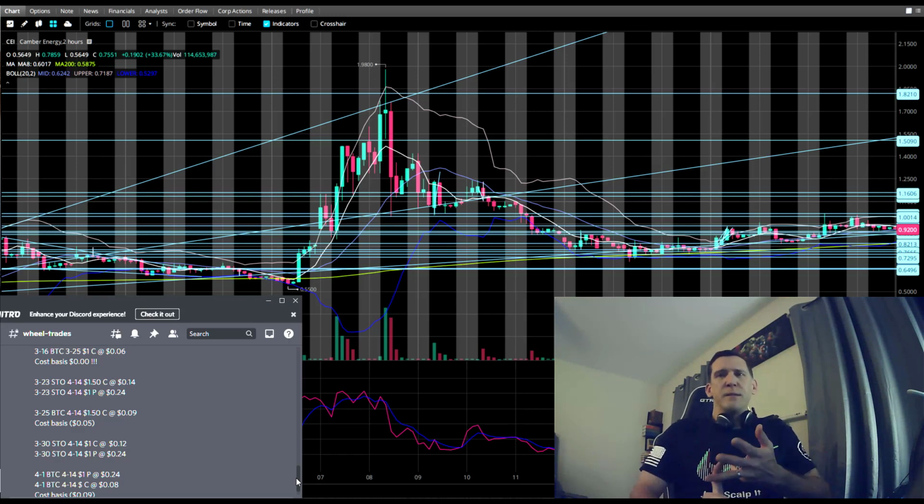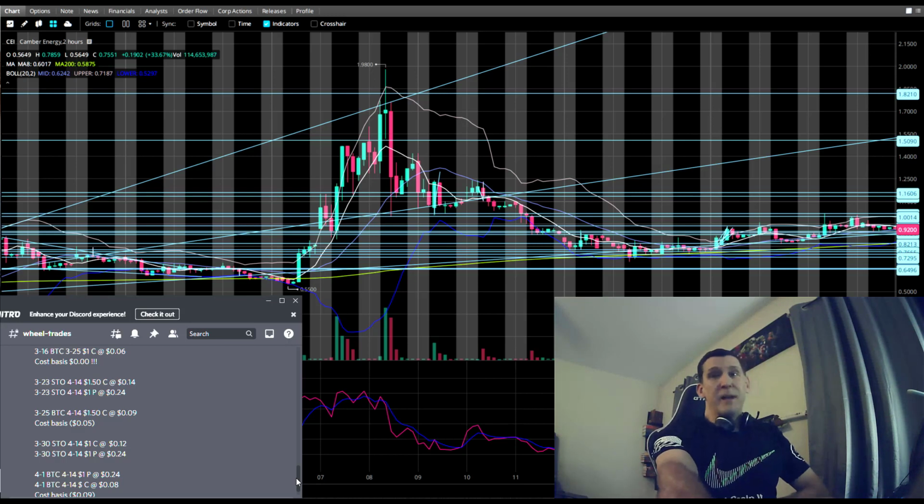But Robinhood has 0 commission on anything, including options. So I'm able to basically have all the money that I get for selling premium and keep it. I don't have to pay my broker their cut. So it's really easy to take a situation like this and turn it into a 0 cost basis when you're